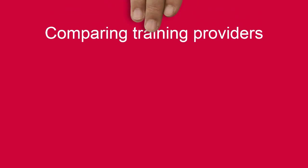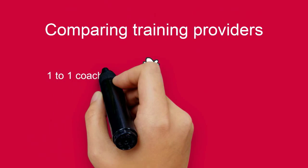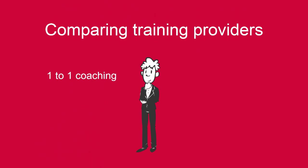When choosing a training provider, the next most important thing is support. Support before, during and after the training course. This is essential to make sure that you can embed the learning in the organisation and get good return on investment. So when you compare your training providers, take a look at whether they provide one-to-one coaching, provide lifelong Master Black Belt support,